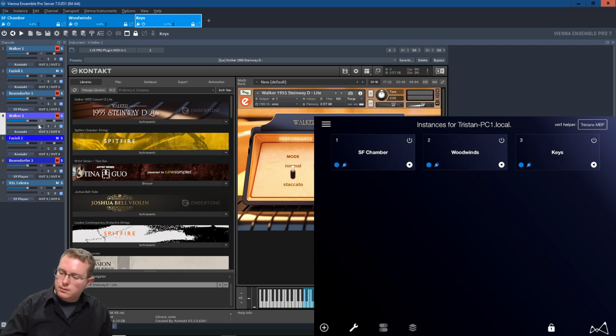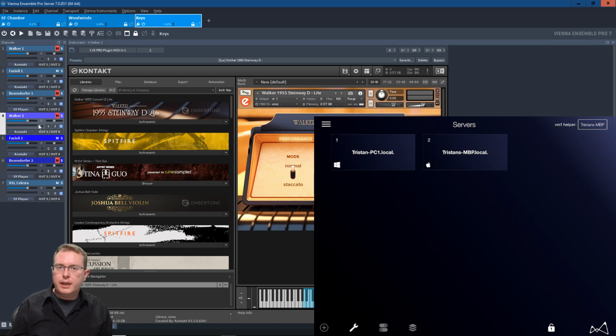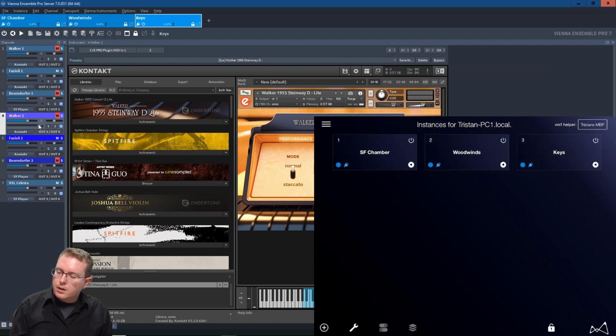Coming back for a minute here. In each case, each of these little boxes, you'll see an ID number, such as 1 and 2. That's server 1 and server 2. In this case, we can see which one is Windows, which one is Mac. Convenient little thing. Coming back into my PC, for instances in the top left, again, we can see